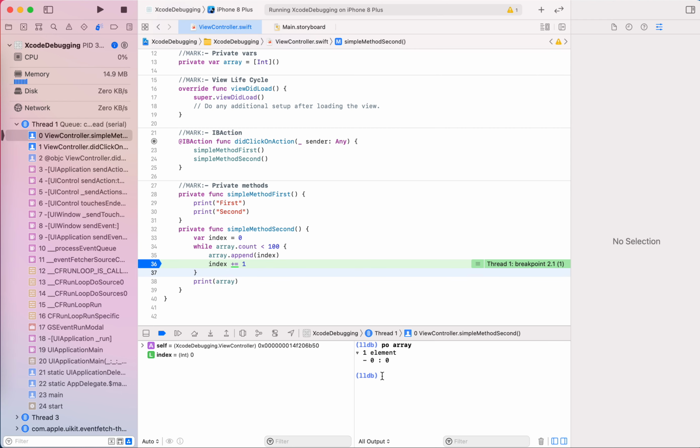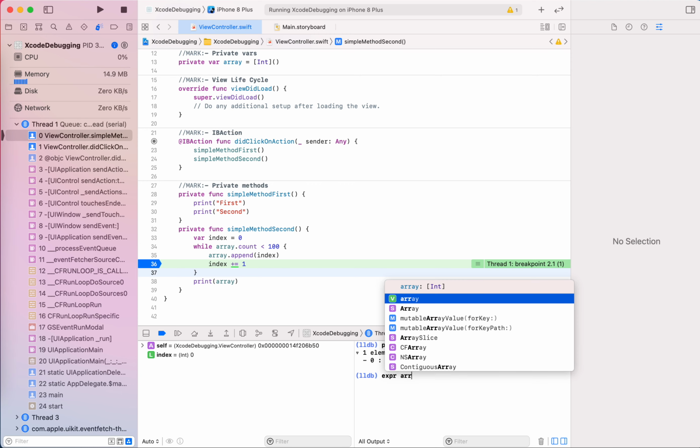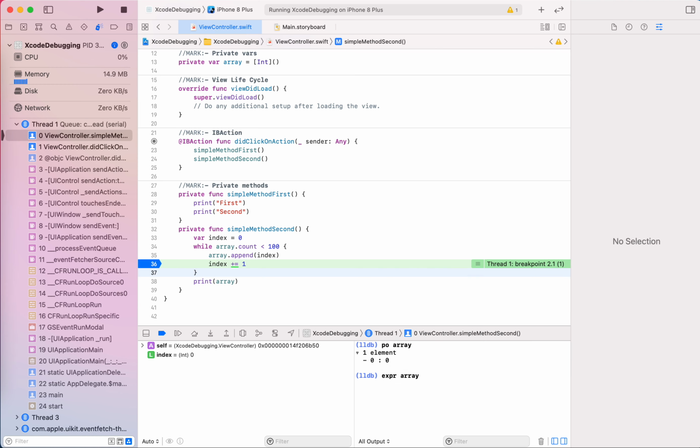Through the expression command, whose abbreviation is expr, you can change the variable at runtime.